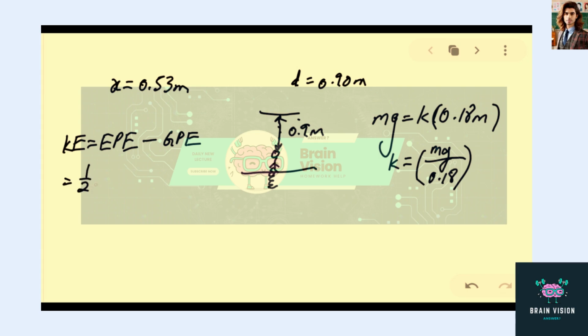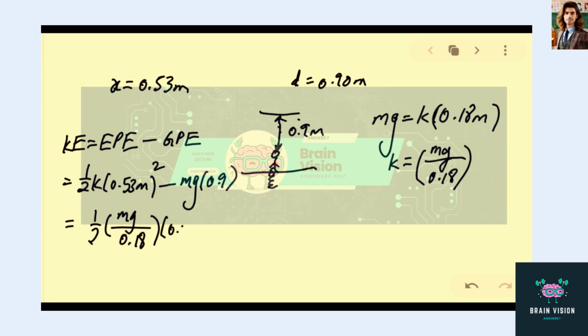Elastic potential energy is half kx squared, where x is given to be 0.53 meters, and this is the compression squared, minus mgh, which would be mg times 0.9 meters. Substituting the value of k, which is mg divided by 0.18, square minus mg 0.9. Now remember, kinetic energy is half mv squared,